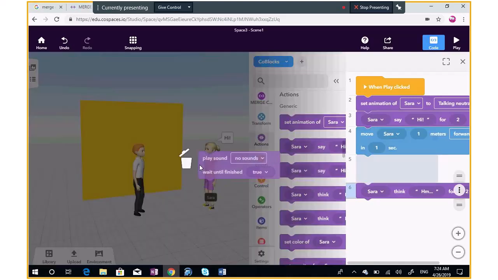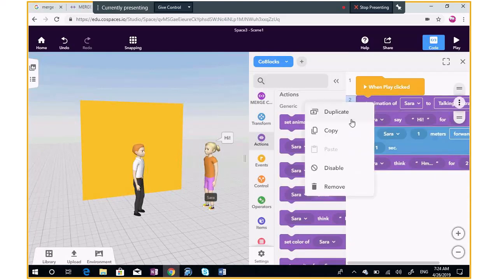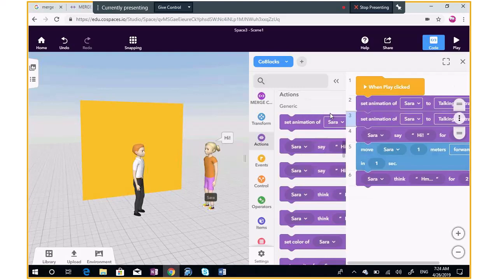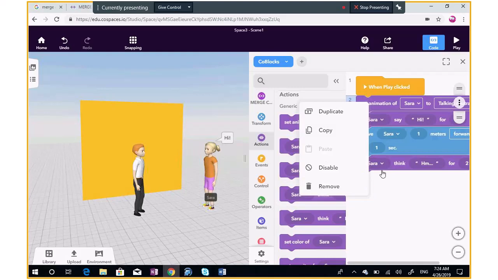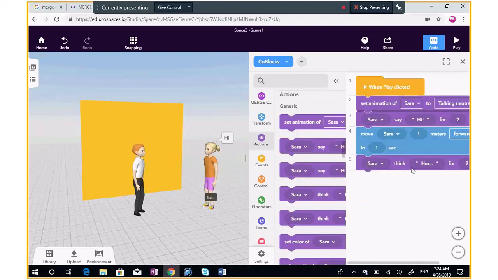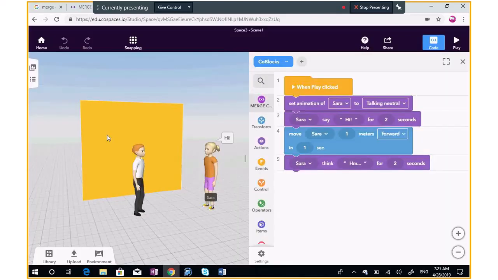If you drag and drop any code out, it will be deleted. Or you can right click on any code to duplicate it, so I'll have the same code repeated here. Or you can copy and paste your codes. So now my character will think for 2 seconds, saying hi for 2 seconds, moving forward and thinking of something. After that,